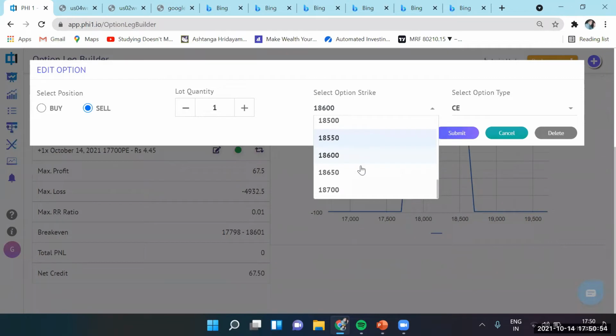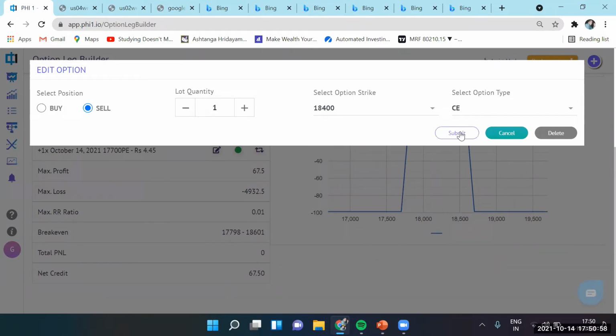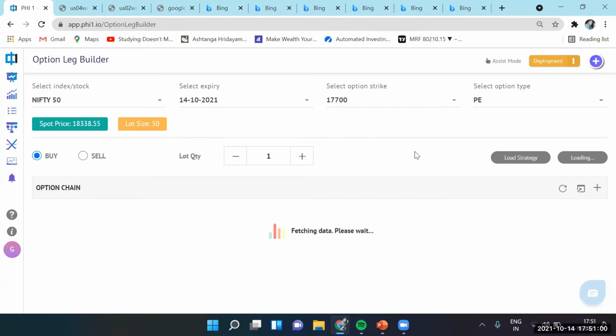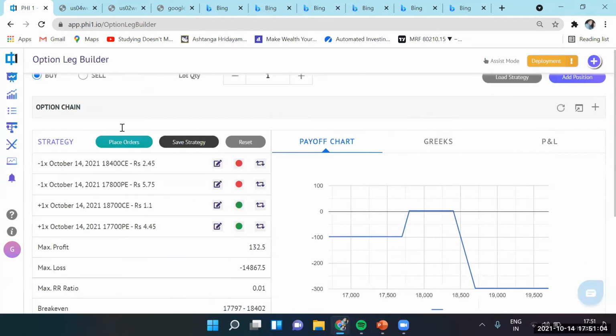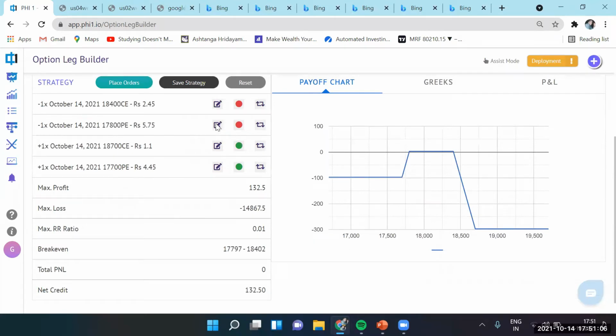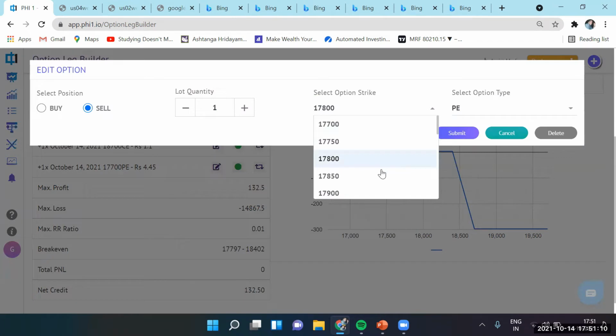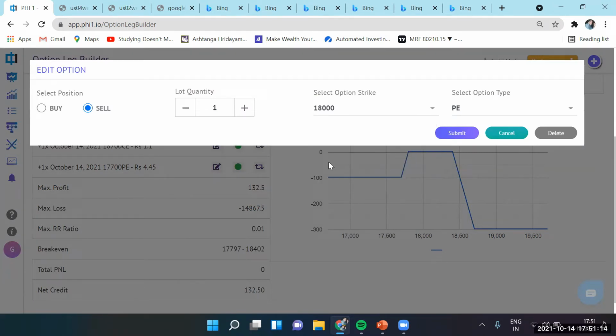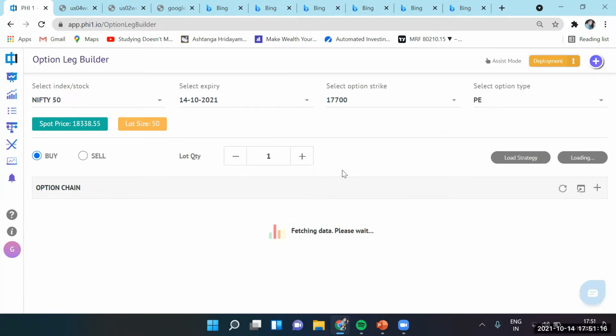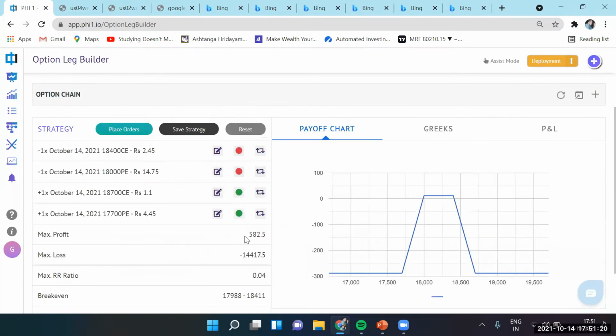So let's say 18,400. And similarly for our put option, we will also make it slightly closer to ATM. So in our case, 18,000. So as you can see, the premium you collect increases slightly.